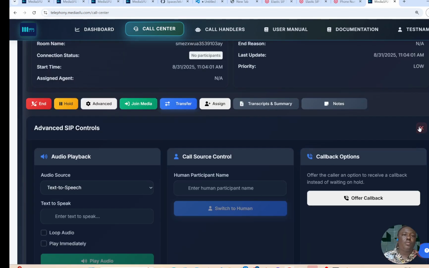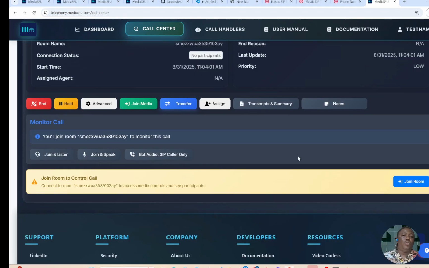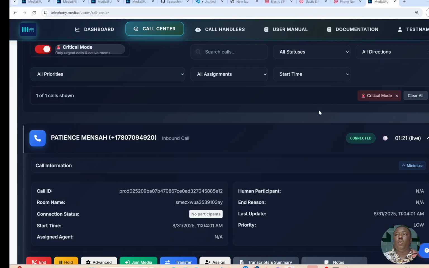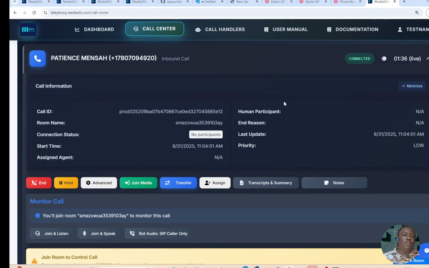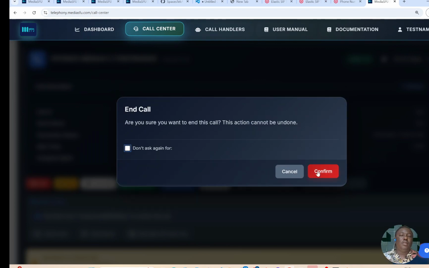So that just demonstrates a real-time call happening and using MediaSFU to control the call as you need to or make an outgoing call. And it's the low level, just the log of whatever happened with your call and analyzing how it goes. So this kind of ends. I'm just gonna end the call from here as a demo. So if I end the call from here, I'm gonna leave this and say confirm,